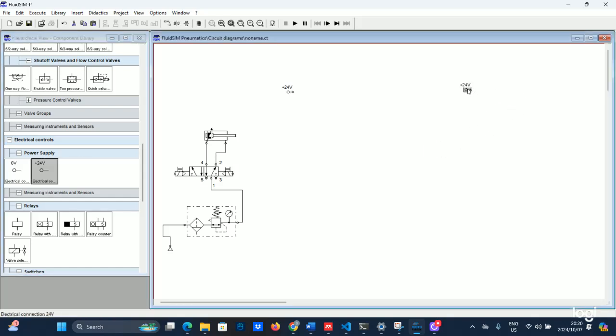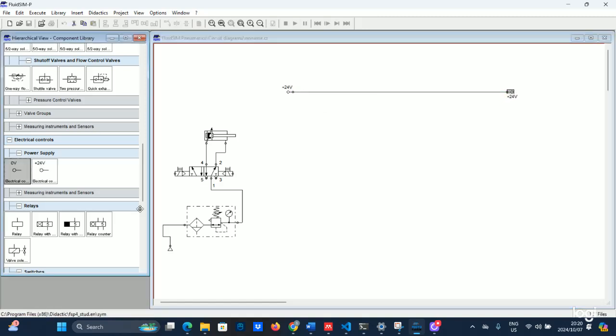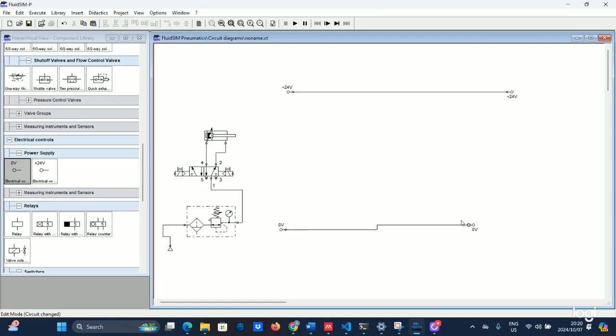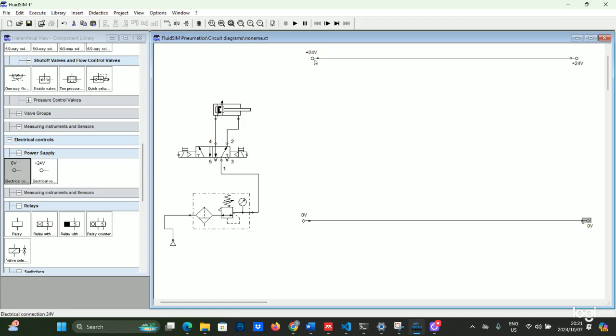And then we rotate this to 180 degrees, and then 0, this side, and then right. And then now I can start building